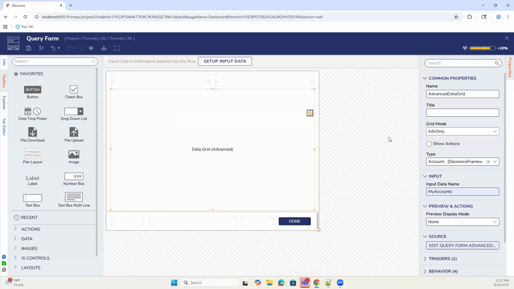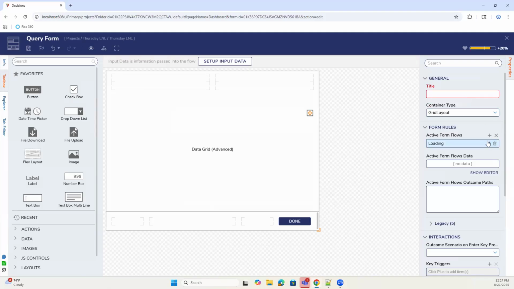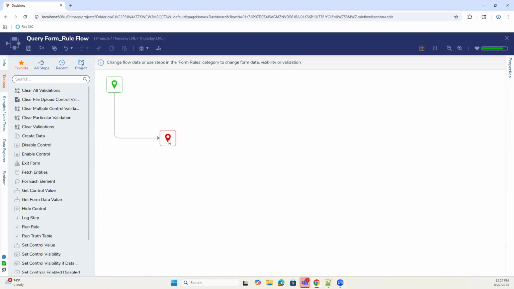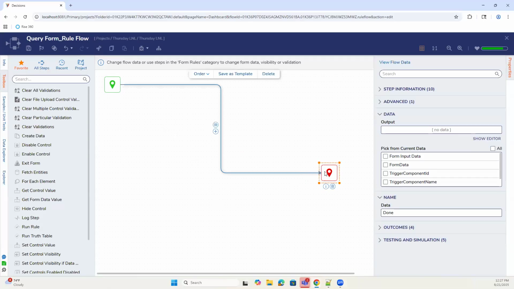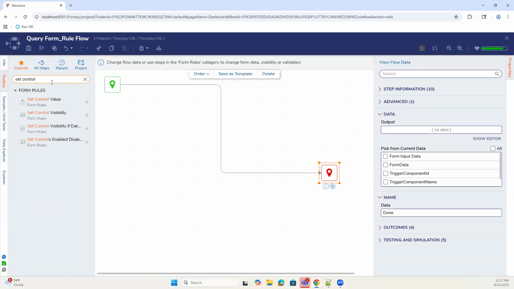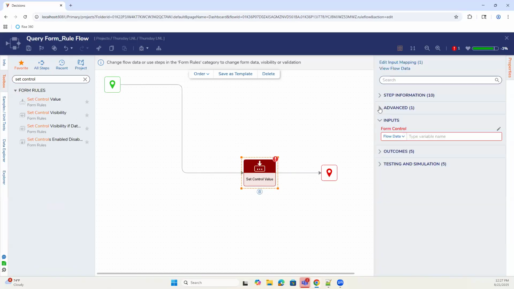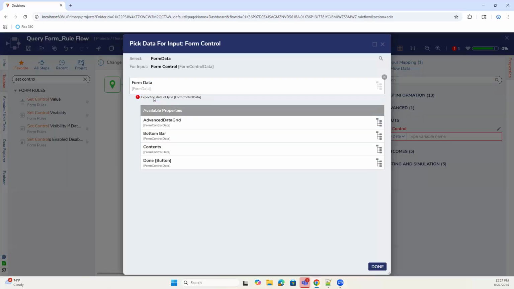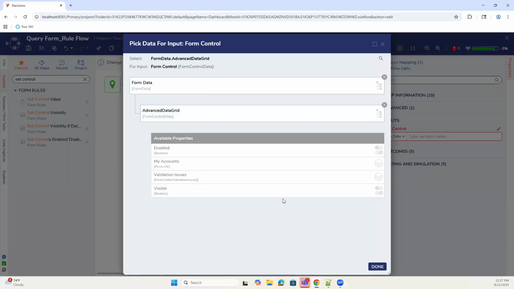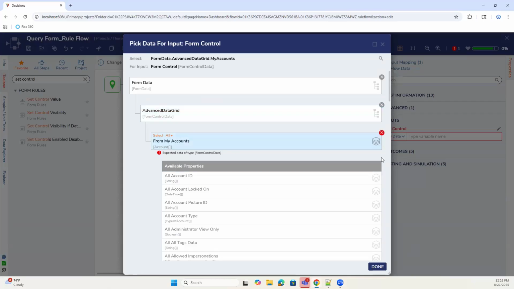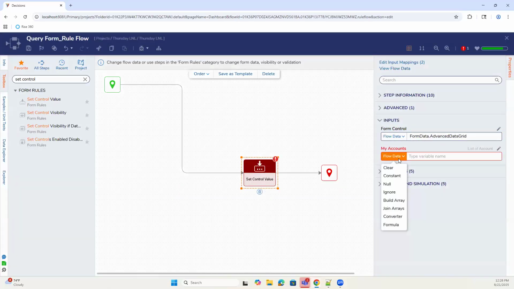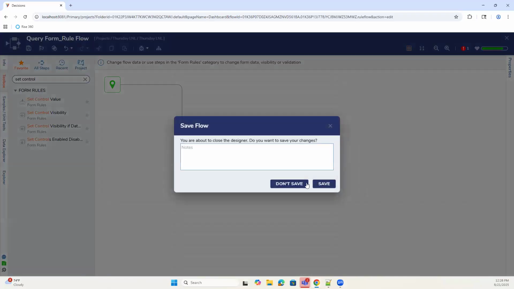But what's being talked about here is on your active form flow, you have this run at startup, and then fetch the queries, and then use a set control or just pass it in directly into the data that's inside of the flow in order to set the list of whatever type you're looking for on that control itself. So you just pass this in from whatever you get from your queries here. And this would show a loading indicator because it's an active form flow that's doing this, and the form has